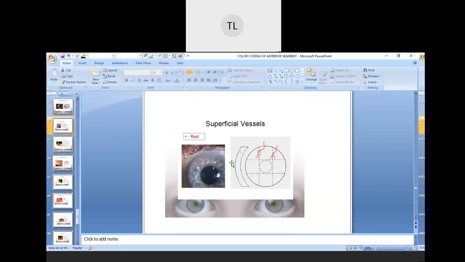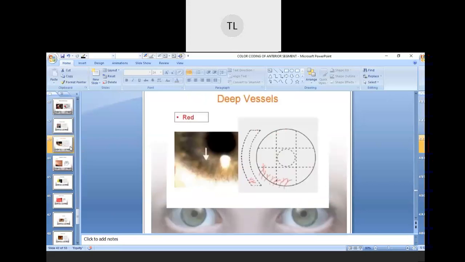You have to draw it this way, and for this you can use the slit as well, in order to see the position of the vessel. See, this is not deep, this is just on the surface. So this is how you are going to draw the superficial vessels. You have to know the color as well as the position, and you have to denote the position as well, so for that you need the slit.